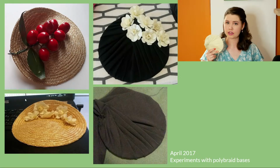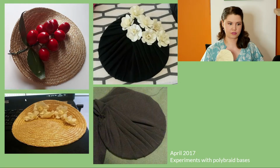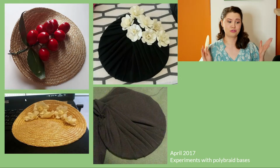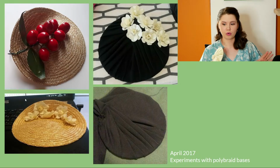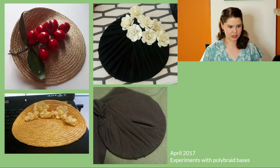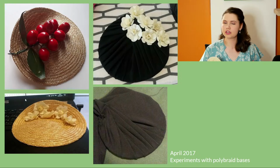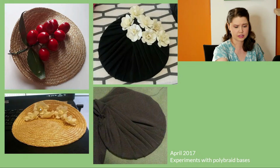I wanted to cover something in fabric. And I wouldn't say it's the most successful thing ever, but again, this is all very beginner level. This is me having only done one course, which was felt, and notice none of these hats are felt. This is just me going home and thinking, what can I do to just decorate a hat base? Which I think is kind of how a lot of people start. And if I go on to the next slide,